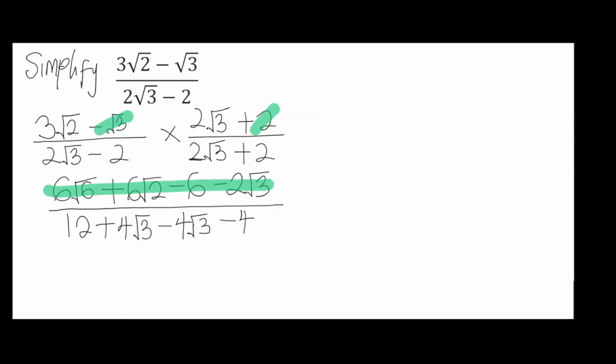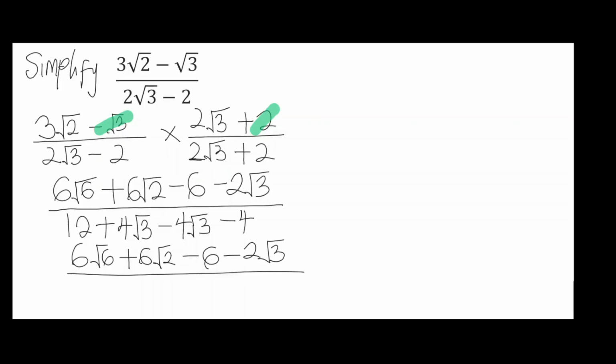So we have 6 root 6, of course, plus 6 root 2, then minus 6, minus 2 root 3, divided by,